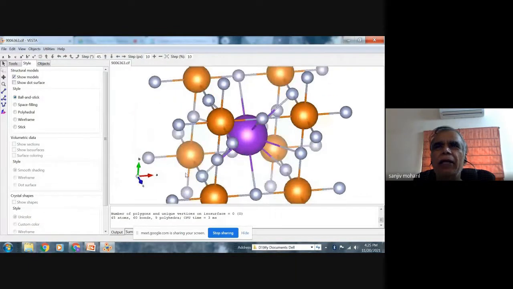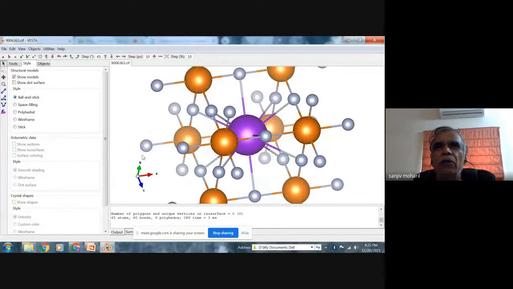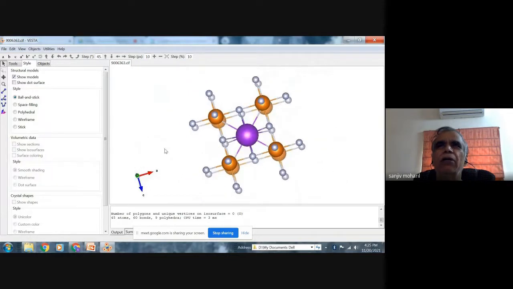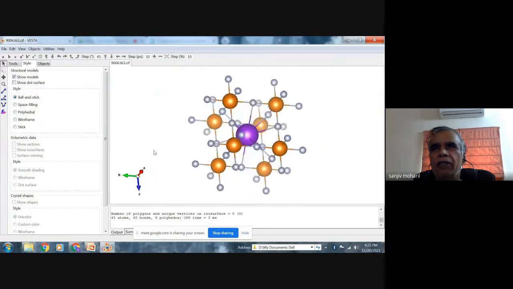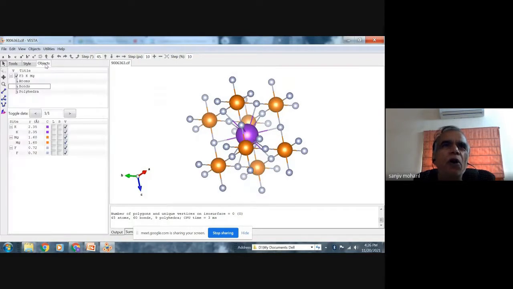So I can get this type of view. Vesta will plot the crystal structure for me. Then I can adjust this. I can change the objects.